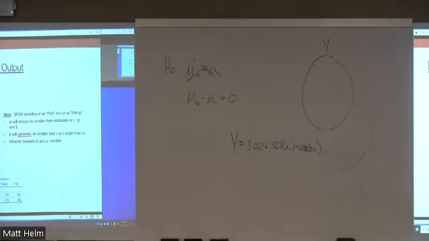If you request part and partial correlations in SPSS, it'll give you the zero order correlation. This is just the bivariate association, the Pearson correlation between your predictor and your outcome. Here's your partial correlation. If we square that, it tells us the proportion of residual variability in my outcome that's attributable to the predictor after we control for other things, right? And here's my part correlation, which is my semi-partial correlation. If I square that value, it tells me the proportion of total variability in my outcome that's unique to my predictor within this model.